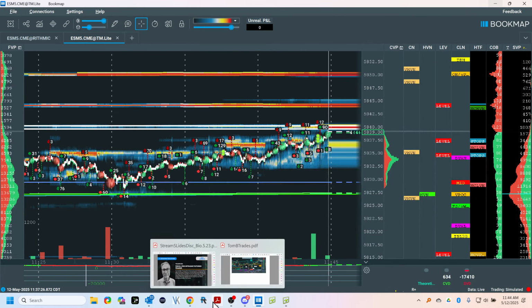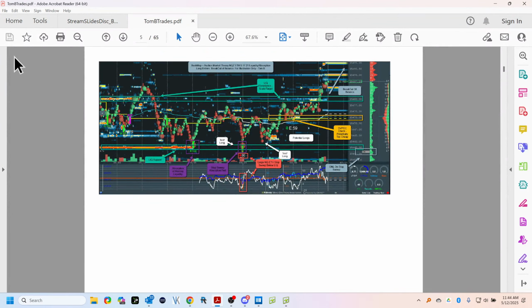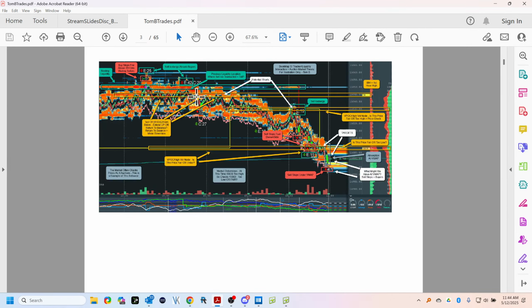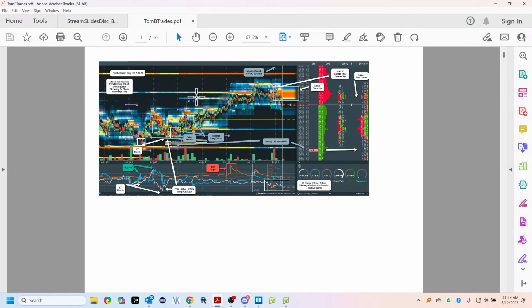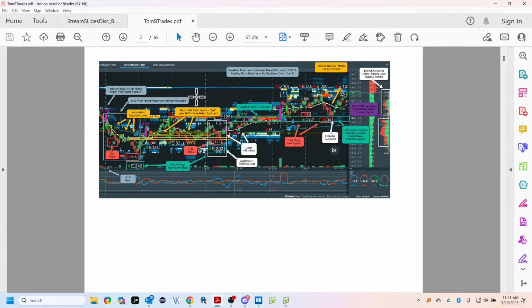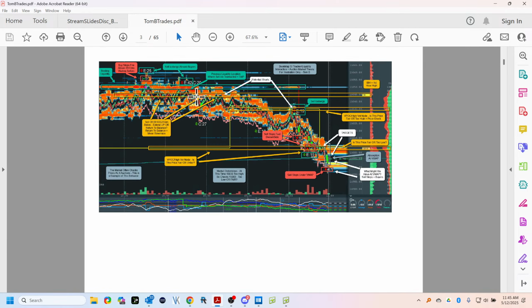Now, there's nothing mechanical. If you think it's plug and play, I'm going to say skip the journey. Don't bother. Not the way this works. If it did, I would have spent 10 years less trying to figure this out. Because I kept thinking, we're very good at seeing repetitive patterns, but that doesn't mean a pattern has an edge. Notice here, VHVN to here.